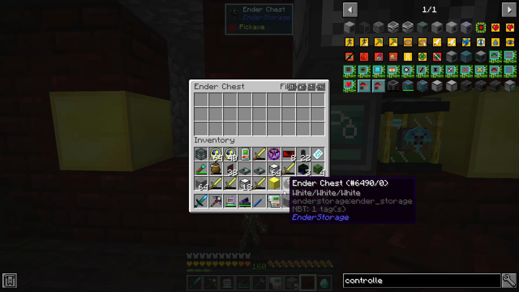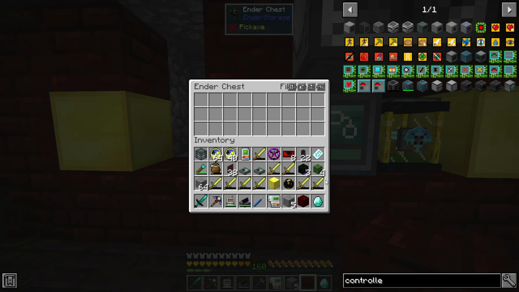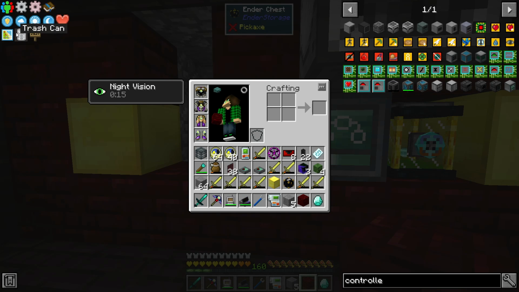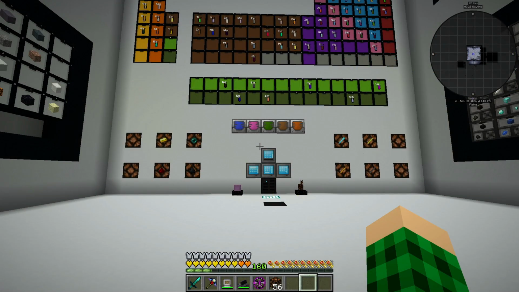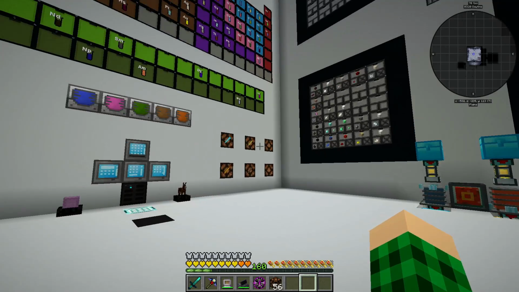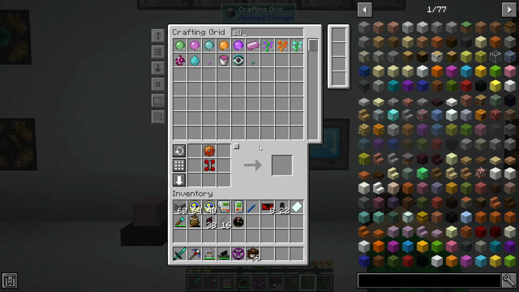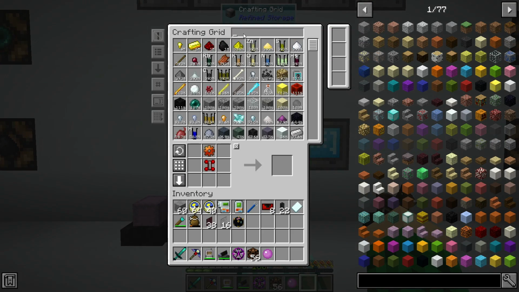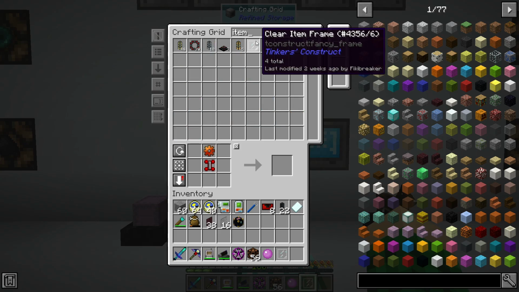And we can then toss all of the loot crates and all of that in there. And we can then just trash can everything. Since we now added our 9th spawner, we need a space for the lamp. So we're gonna grab a pink slime, and we're also gonna grab an item frame that I have here with the clear,